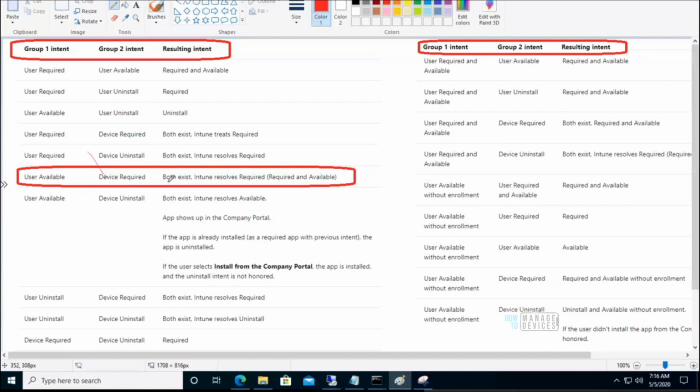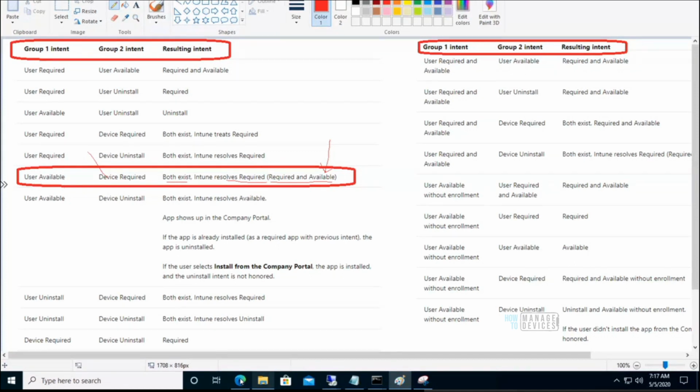Intune resolves required and available as required, so it will automatically get installed, and it will be available in the company portal also, in the scenario where you have two assignments.